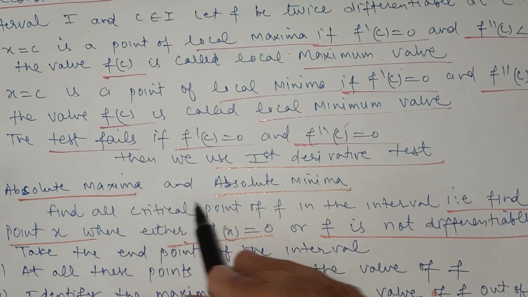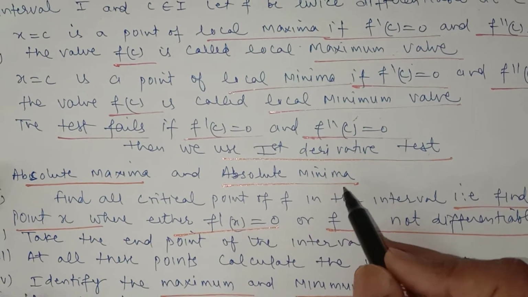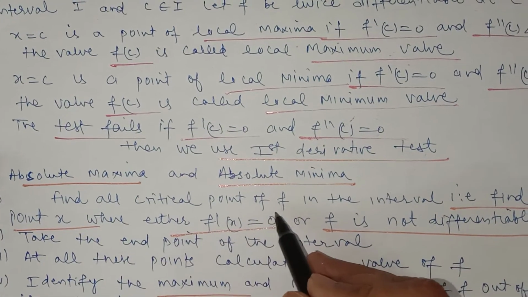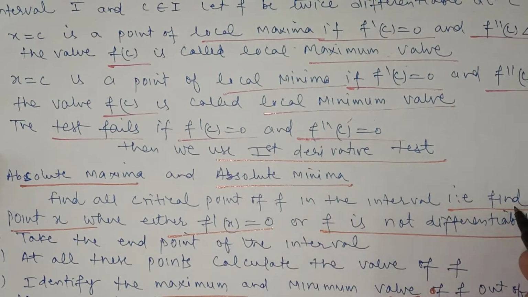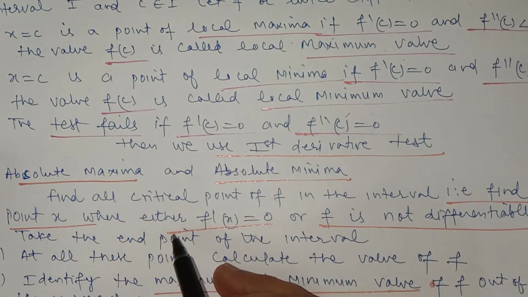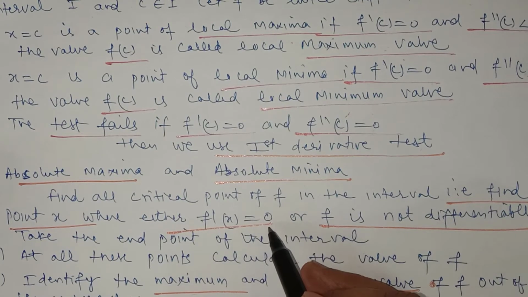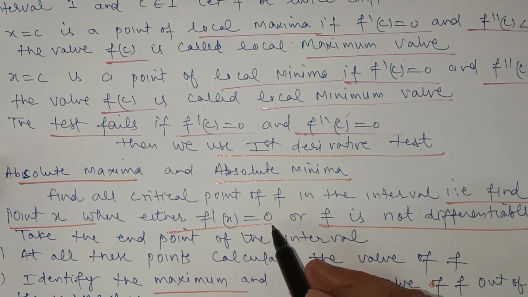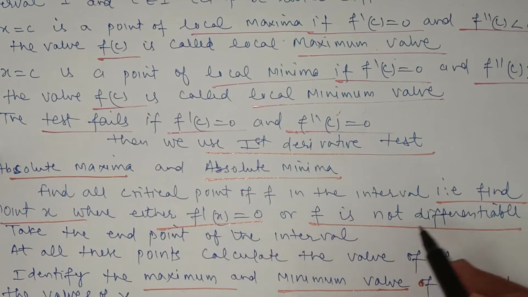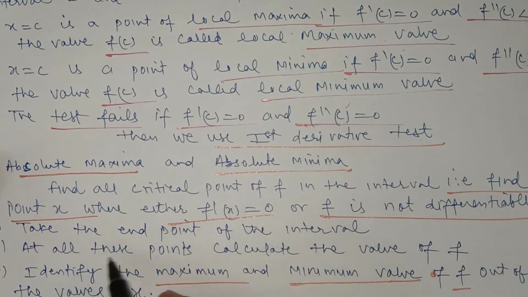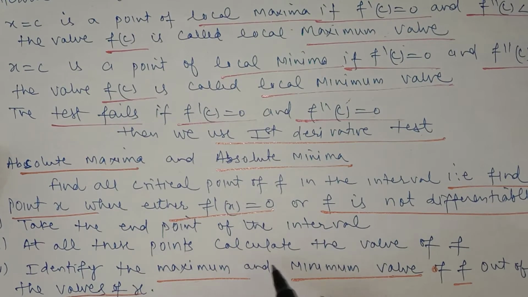Now absolute maxima and absolute minima, how do you find them? Find all the critical points of the function f in the interval, that is, the points x where either the first derivative of the function is equal to 0 or f is not differentiable. Then take the endpoints of the interval, whatever the interval is given, and at all these points calculate the